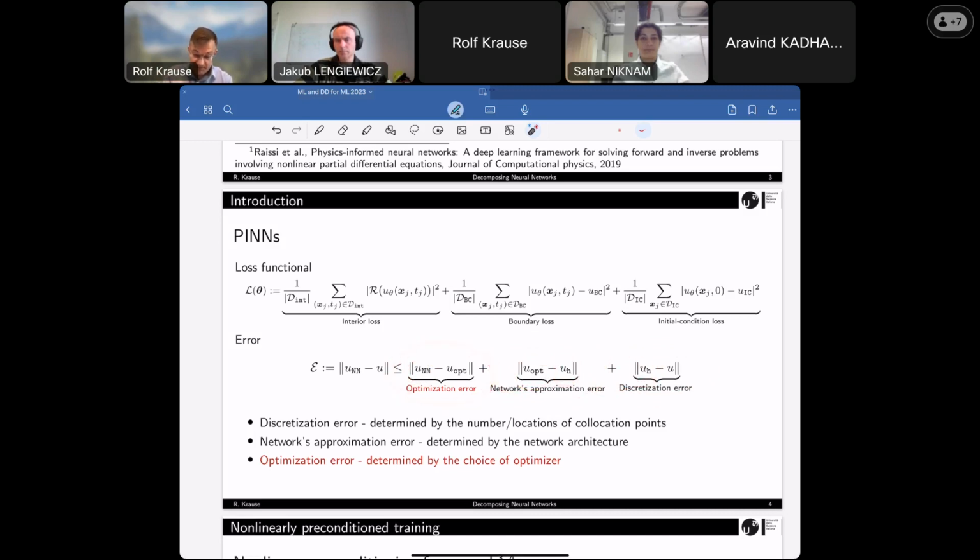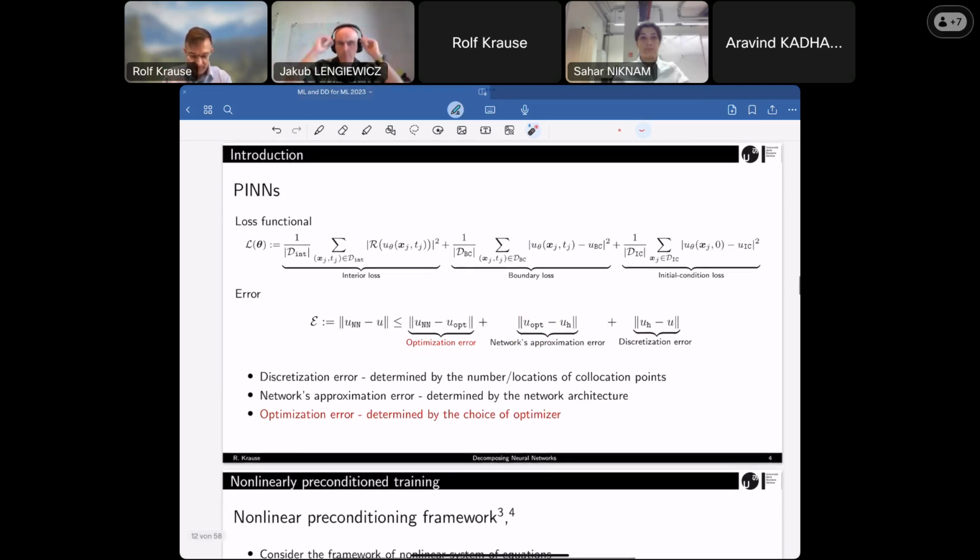As I said, we don't have those because it's a non-convex minimization problem, so it's very difficult to get the optimal solution, but at least we can get an idea on how to understand a little bit what is going on